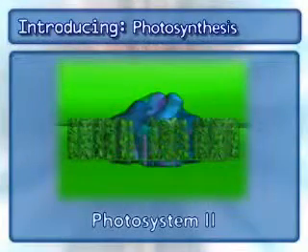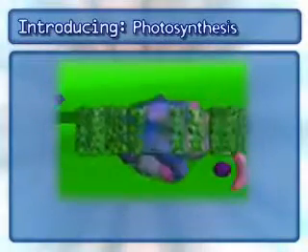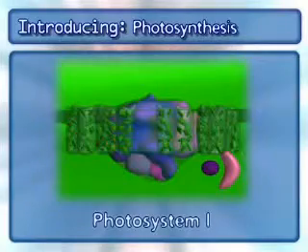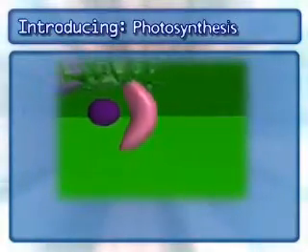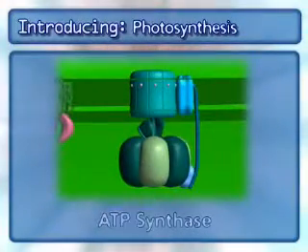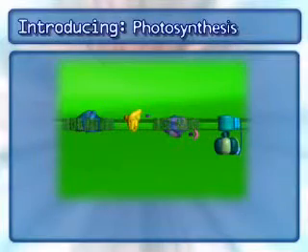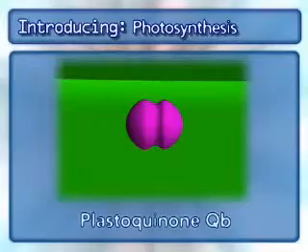photosystem II, cytochrome B6F, photosystem I, ferredoxin NADP reductase, and the complex that makes ATP, ATP synthase. In addition to the complexes, 3 mobile carriers are also involved: plastoquinone QB,